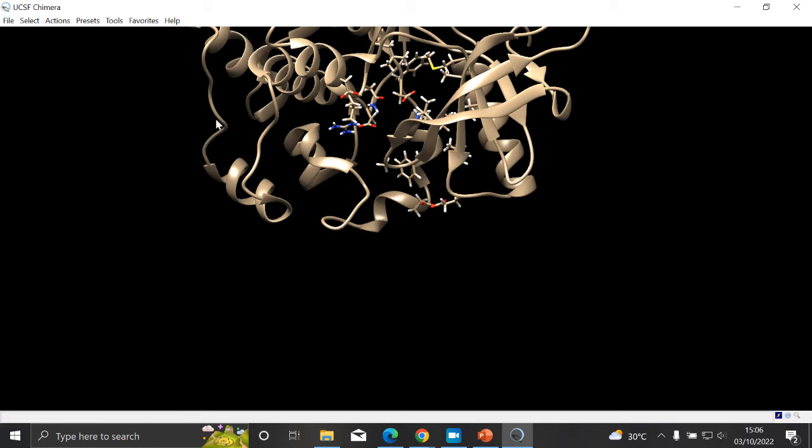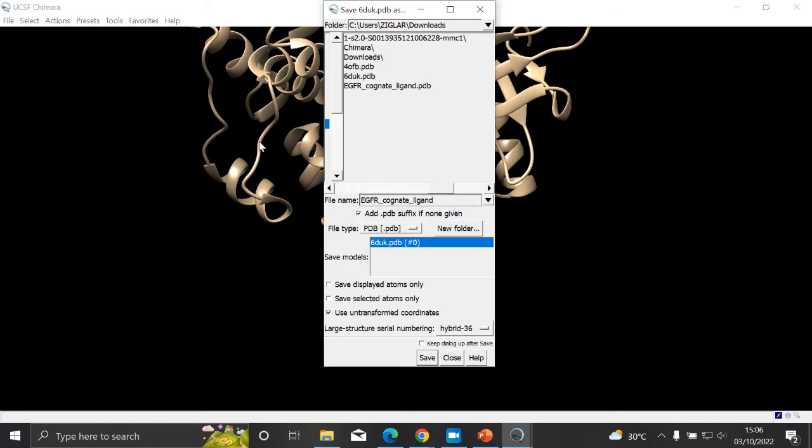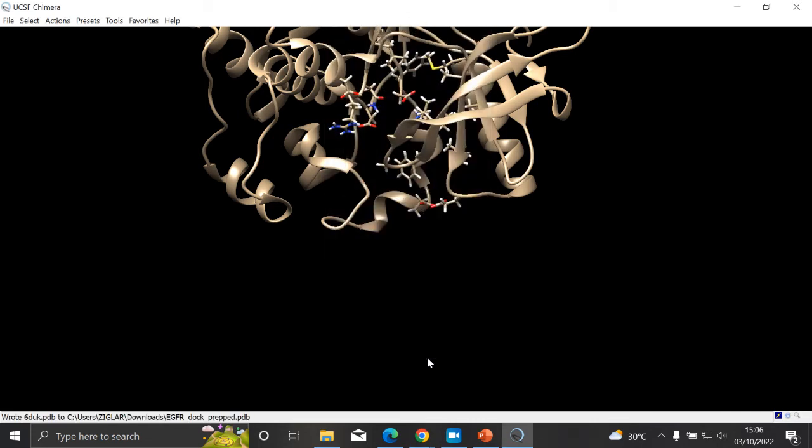So to save this particular structure, we are going to save it as PDB. Then we can click on file, then save PDB. Then we navigate to the folder we want to save it. So we can name it EGFR dock prep. That is the EGFR file that has been dock prepped. So we click on save. So now we are done with the